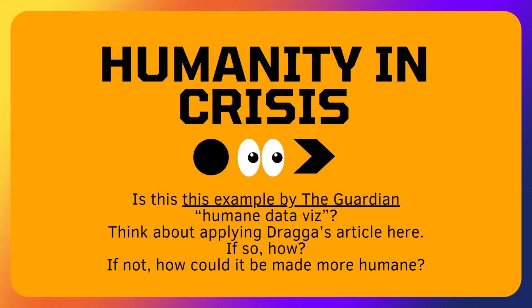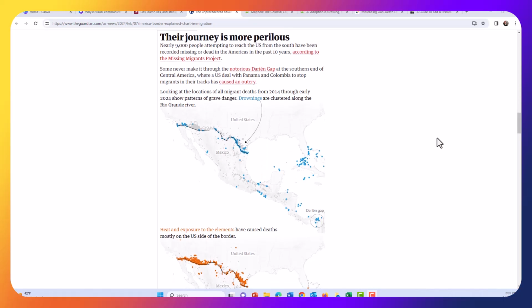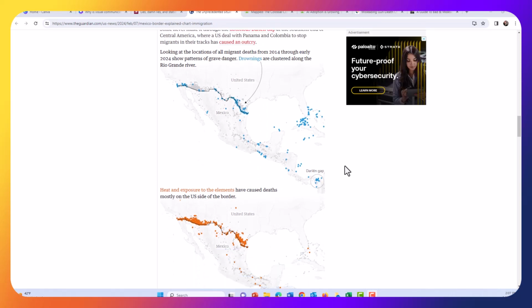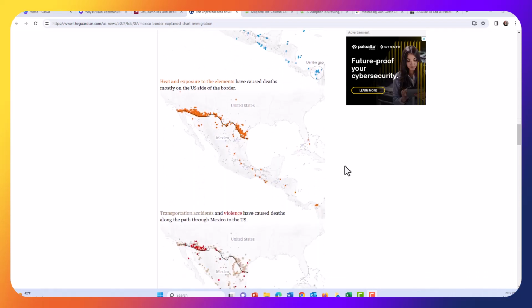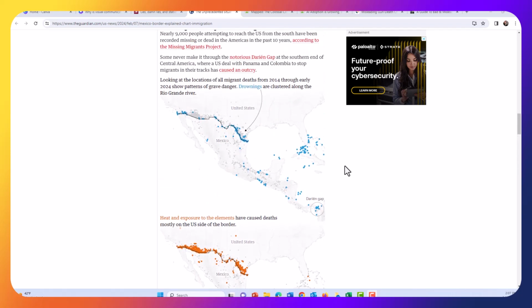Let's take another look at the Guardian article. Here, they've used a map to provide some context for this data and help us to connect it to the real world. They've broken the data up over 3 graphs and color-coded it to draw attention to the different causes of death. This means that we can't easily become overwhelmed and fail to make this connection. This type of emphasis is important for sitting with something that's uncomfortable, but important.